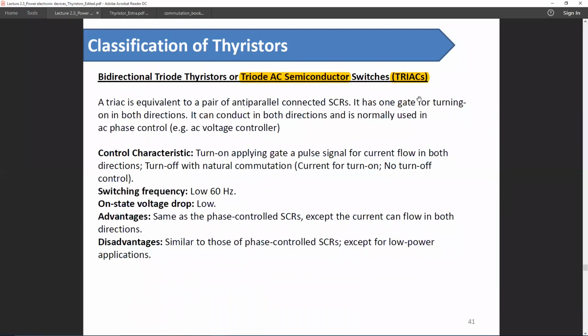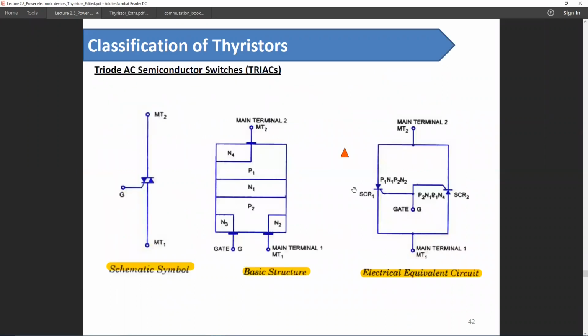Another important kind of thyristor is the triac. So a triac is basically two thyristors connected in a back-to-back fashion, or antiparallel. So if this thyristor conducts during the positive half cycle, this thyristor will conduct in the negative half cycle. If you can recall, a thyristor is a unidirectional device. So if we provide an AC signal to a thyristor,